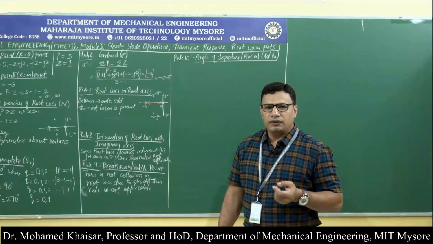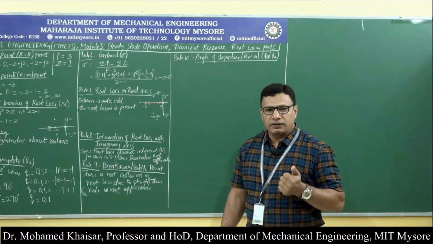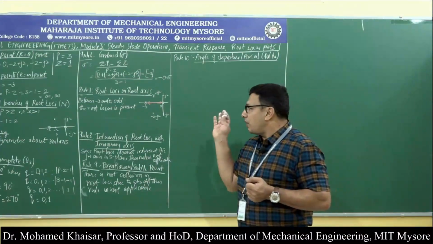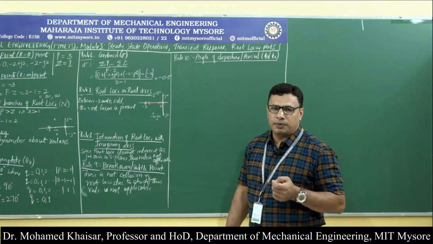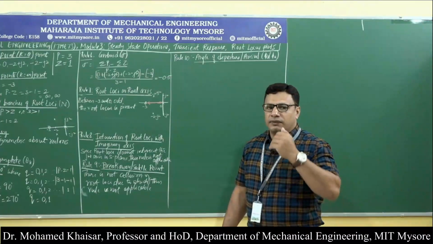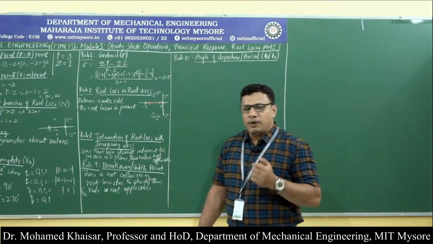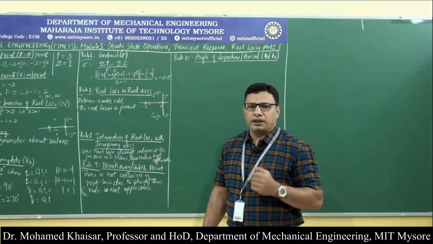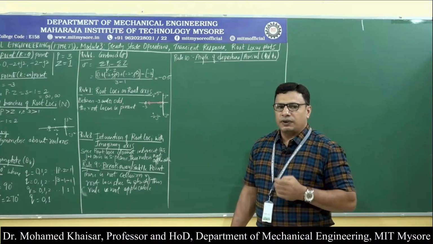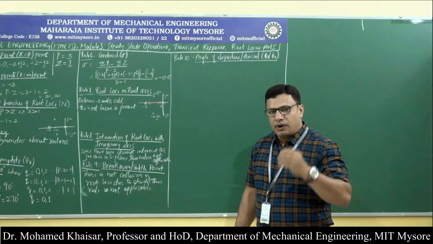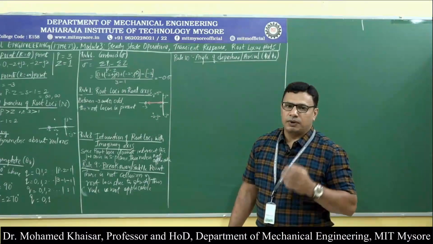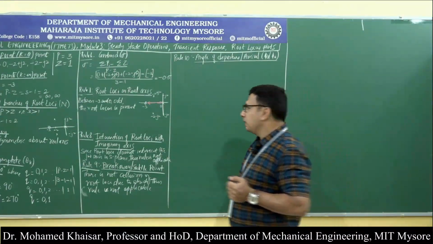Whereas, if a pole or a zero is lying on the real axis, obviously it will leave on the real axis. In the complex pole situation, since they lie in space, we will not know at what angle the root locus is departing if it is a complex pole, or at what angle the root locus is going to terminate if it is a complex zero. Here, complex poles are present, because of which we need to find the angle of departure. At what angle the branch of root loci is going to leave the complex pole, that is what we are supposed to find.